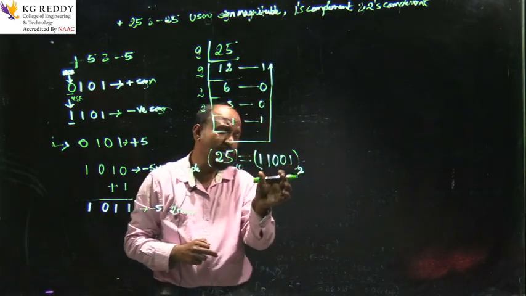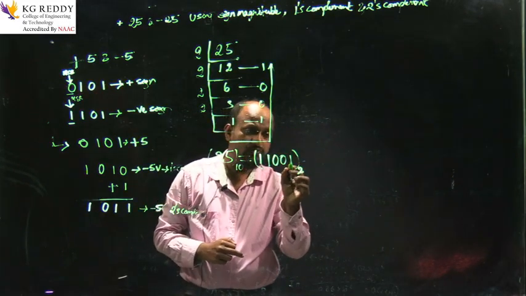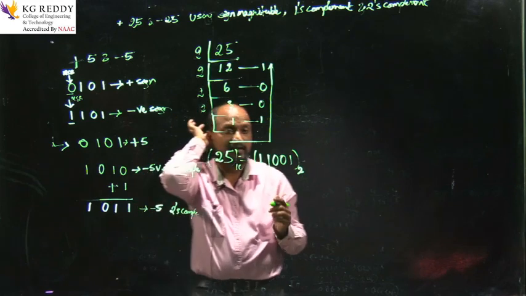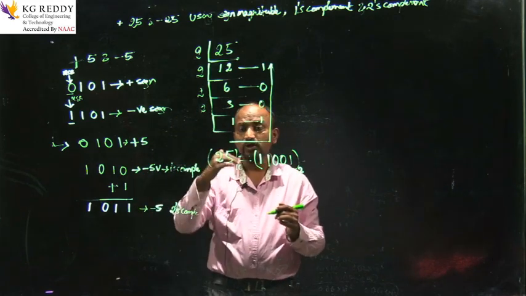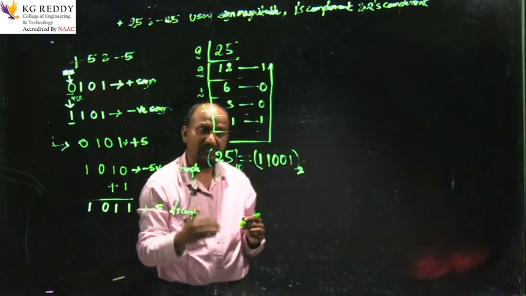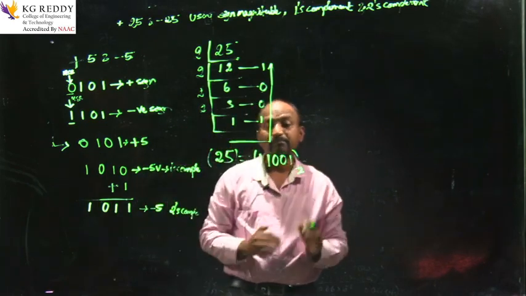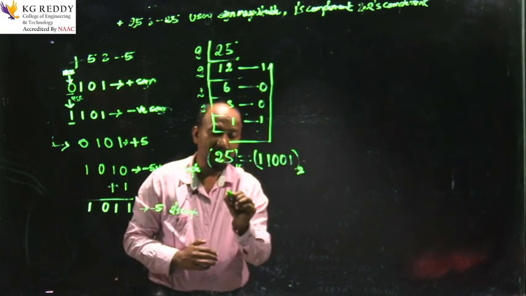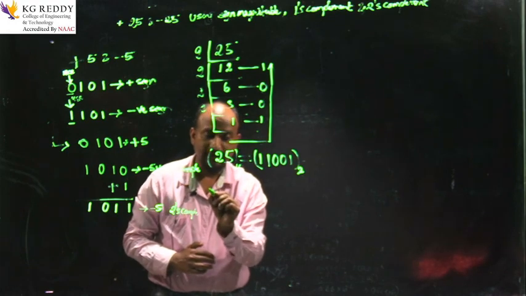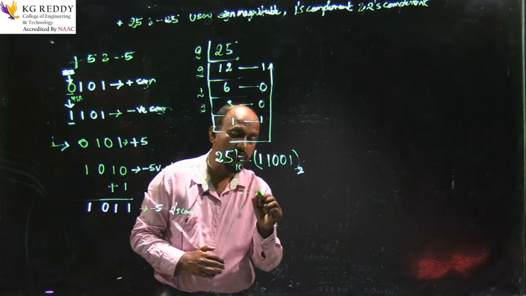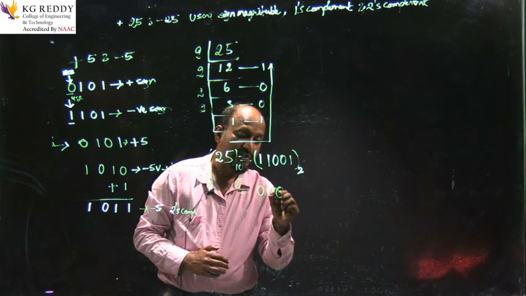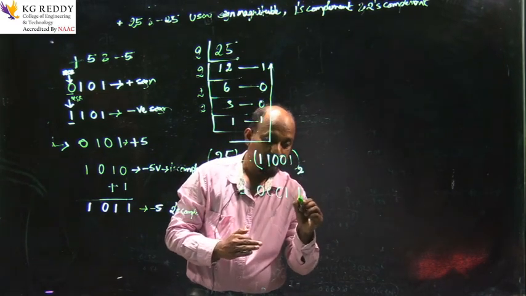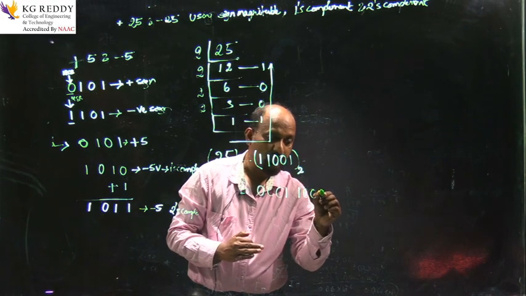If you see this one, it has 5 letters: 1, 2, 3, 4, 5. So we should have a set of 4 binary digits extra. Usually we have to represent it in sets of 4 binary digits because 25 is a higher value. So I change the given binary value: plus 25 is equal to 0 0 0 1 set of value, and next is 1 1 0 0 1.